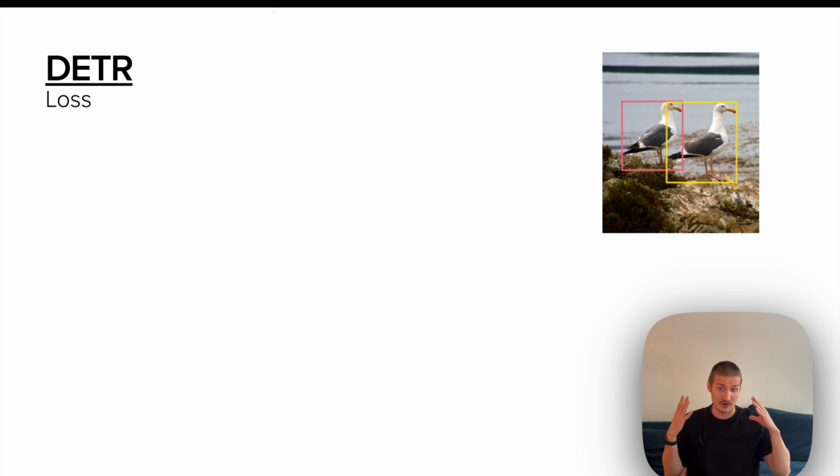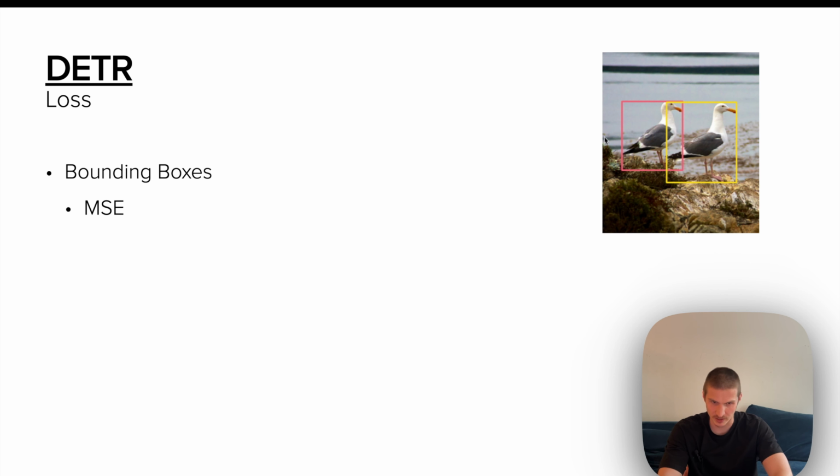And let's also talk about the actual loss for DETR. So the loss should train the model. It should penalize the model for outputting wrong predictions. And we want the model to predict correct bounding boxes, the actual locations of objects and their size, as well as the class. And so for bounding box predictions, we might use mean square error. Mean square error basically means that